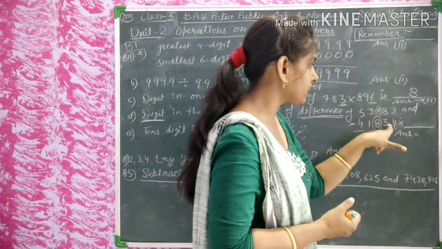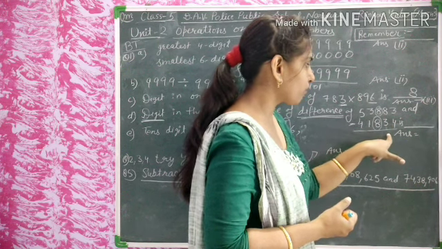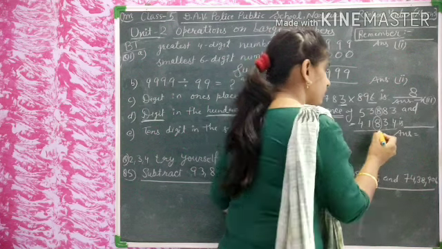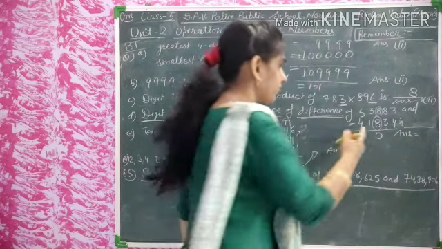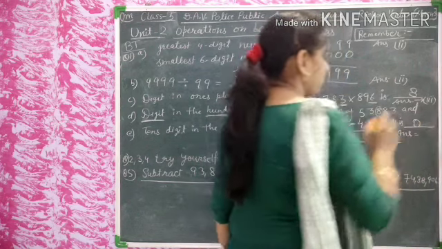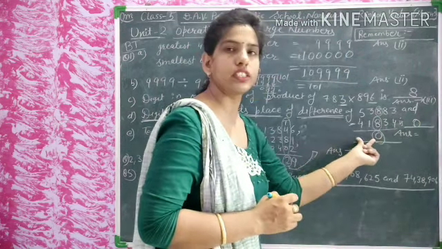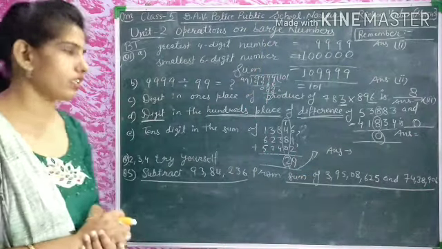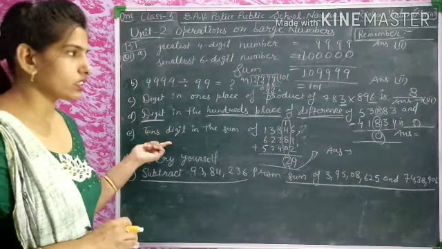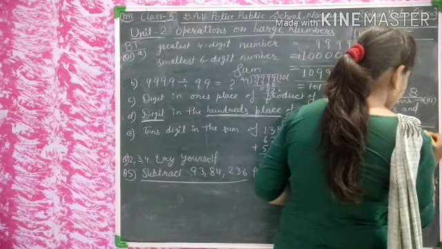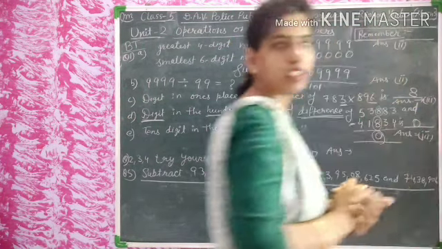This is 7 minus 3, that is 4. But there is no carrying, so 8 minus 8 is equal to 0 here. It's the hundreds place digit. So the hundreds place digit is 0. There is no need to find out these other numbers. Only the hundreds place digit we have to find here. Okay. Now the next question, and 0 is which option? Third option. Its answer is option third here.